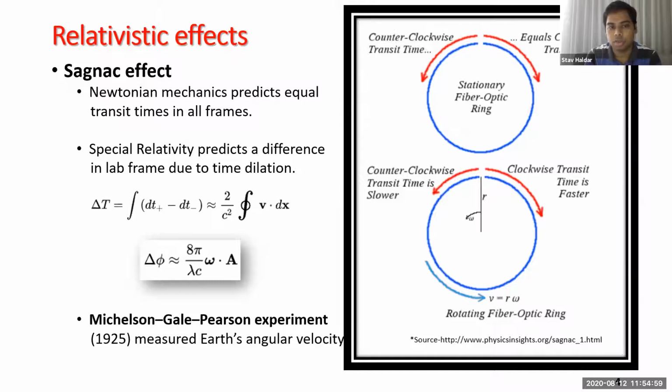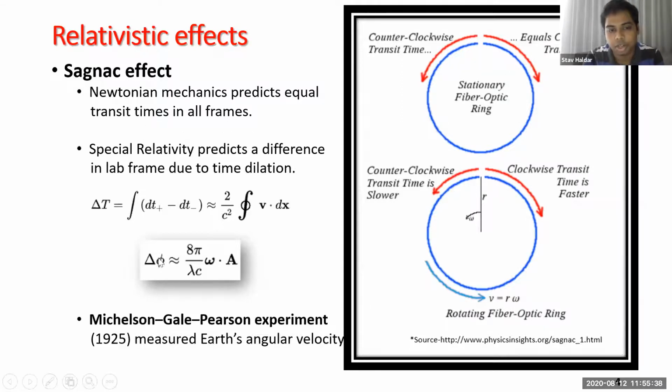But if you look at it from the perspective of special relativity, you would say that the length of the interferometer up to first order in velocity will still remain the same for both the propagating beams, but one of them will have a kind of positive time dilation, because the velocity gets added in the Lorentz transform. The other one will have a negative time dilation, and so after they have propagated through this ring, you will see a difference in the arrival times,